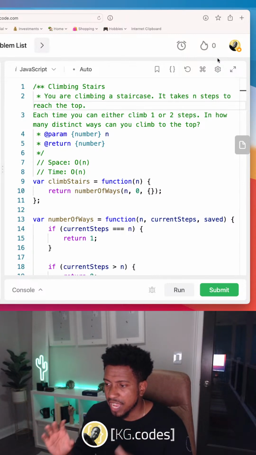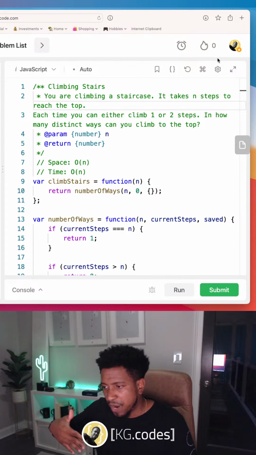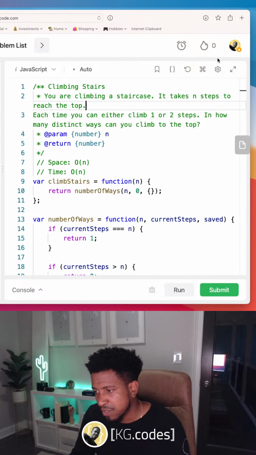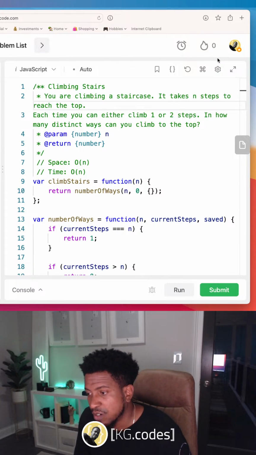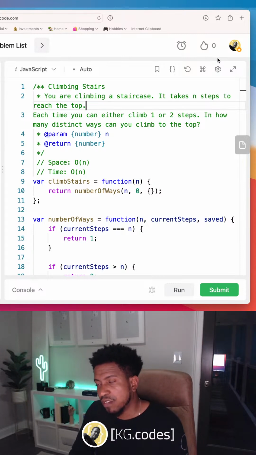AlgoMonster will teach you those like 15 techniques in order of priority based on return on investment, or based on how frequently those questions are being asked by some of the top companies. And then a lot of these smaller companies just end up emulating the top companies. So those are the things I would suggest. I know it's a lot, but that's what I suggest to get good at data structures